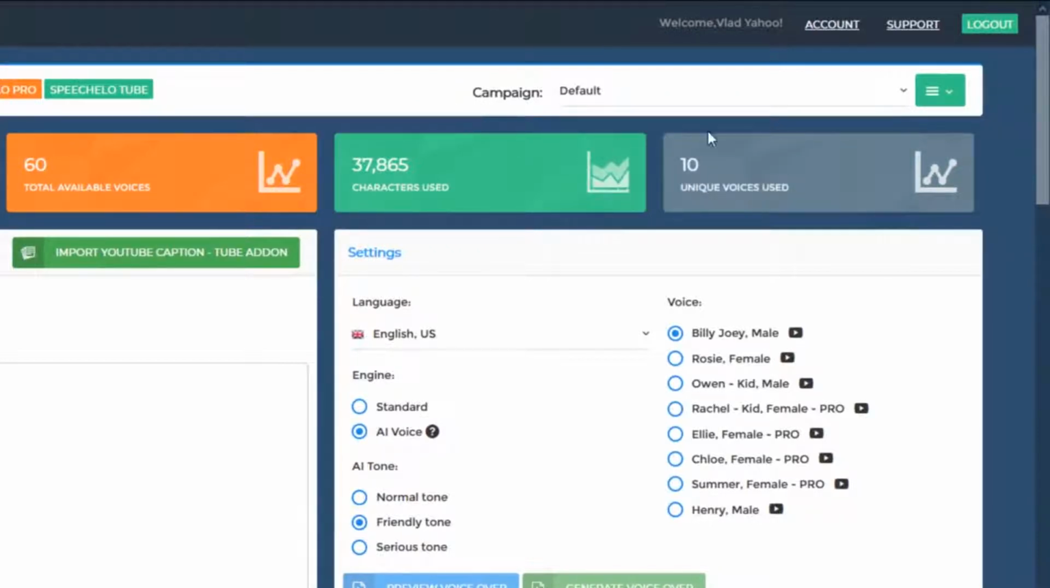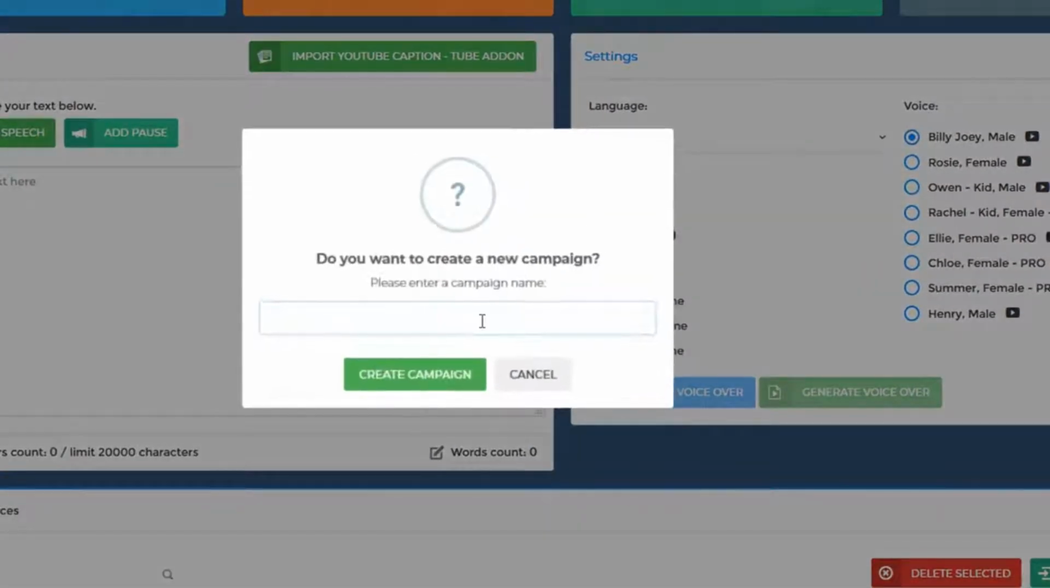Now, whenever you want, you can create a new campaign by clicking on the three bars from the top right. You can rename a campaign and you can delete a campaign. You can consider campaigns as projects. For example, let's say you have a new website and you want to record voices for that website. Well, if your website name is Blaster Suite, for example, you can click on New Campaign, you can enter the